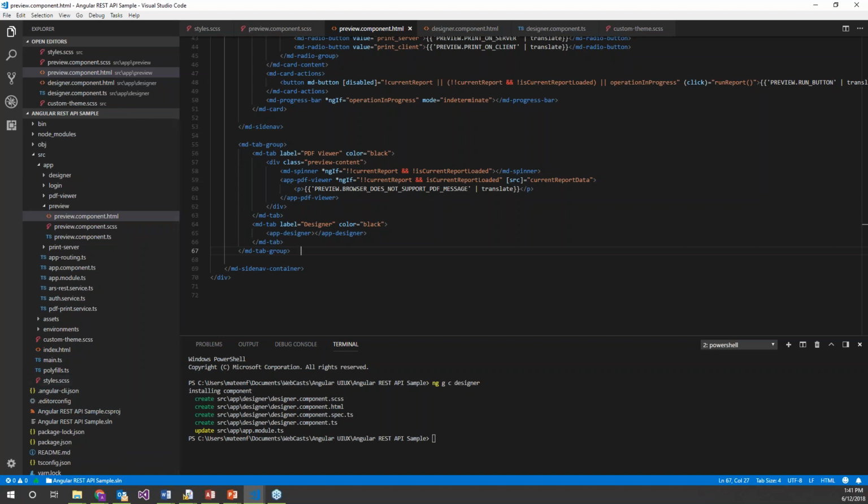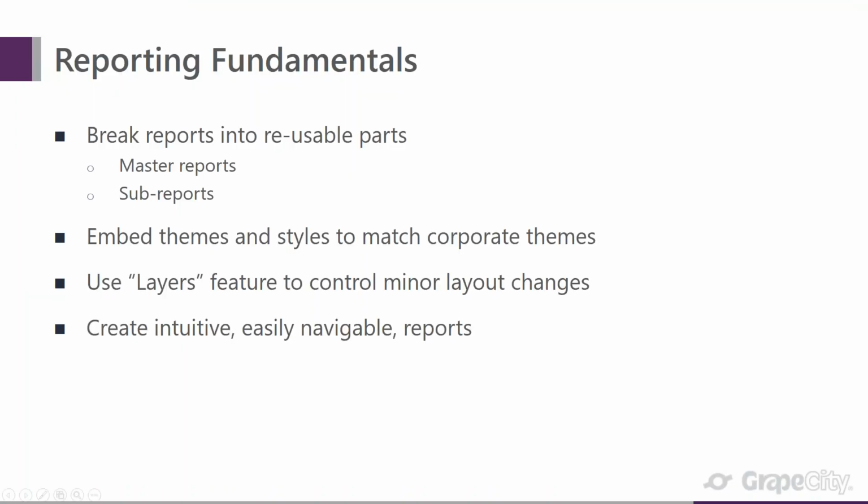And that's the idea that we want to continue with our reporting function as well. So we want to be able to break our reports into smaller reusable parts. And there's a couple ways to do that. Two ways that you can do that are master reports and subreports. Basically, everybody knows subreports, but master reports, basically,